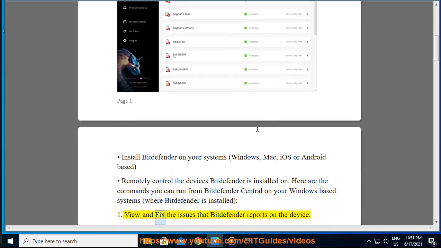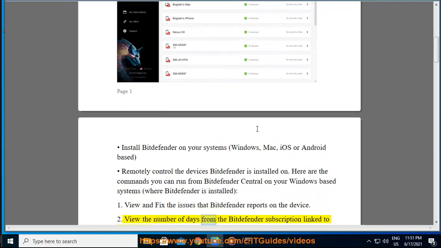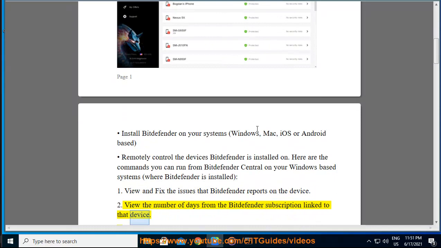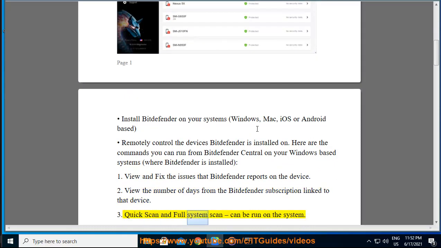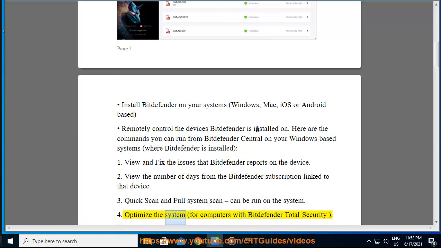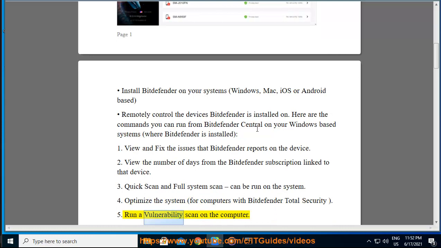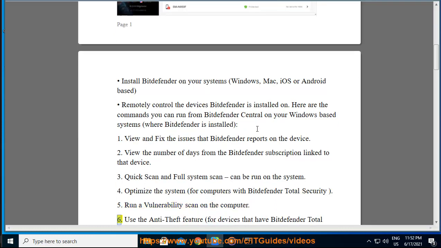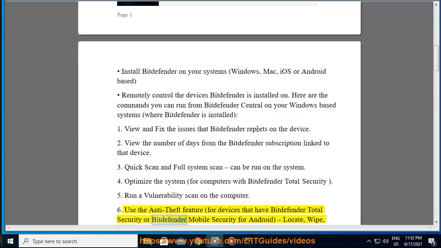1. View and fix the issues that Bitdefender reports on the device. 2. View the number of days left on the Bitdefender subscription linked to that device. 3. Quick scan and full system scan can be run on the system. 4. Optimize the system, on computers with Bitdefender Total Security. 5. Run a vulnerability scan on the computer. 6. Use the anti-theft feature, for devices that have Bitdefender Total Security or Bitdefender Mobile Security for Android: locate, wipe,